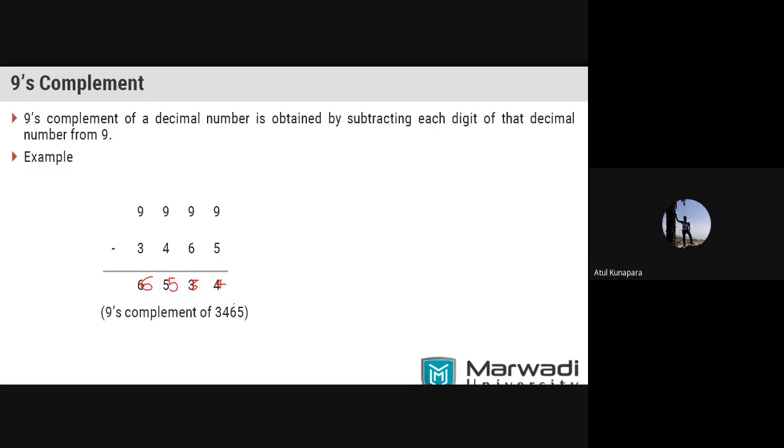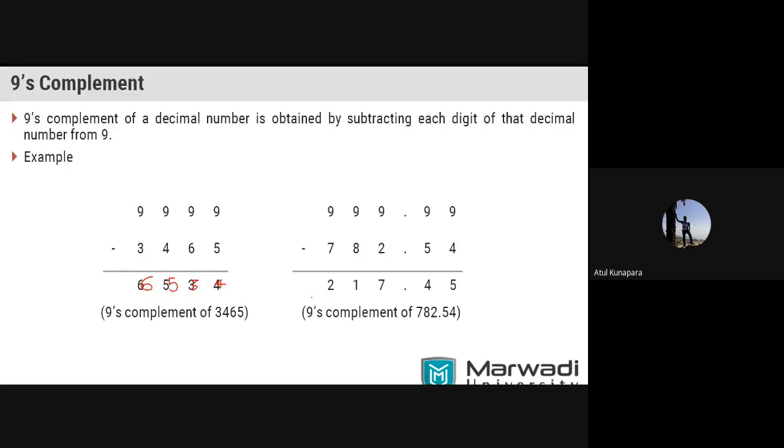Let us see this 9th complement now with another example. Let us say you have been given a floating point decimal number, 782.54, and you want to convert it into the 9th complement form. Then to subtract each digit from 9, we'll take 999.99, and then you can perform the subtraction and you will get the answer like this. This number, 217.45, is the 9th complement form of the given decimal number 782.54, right?